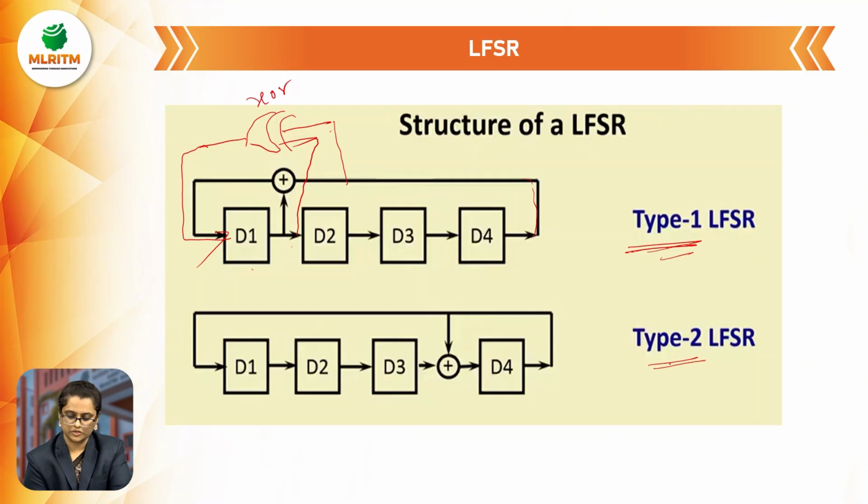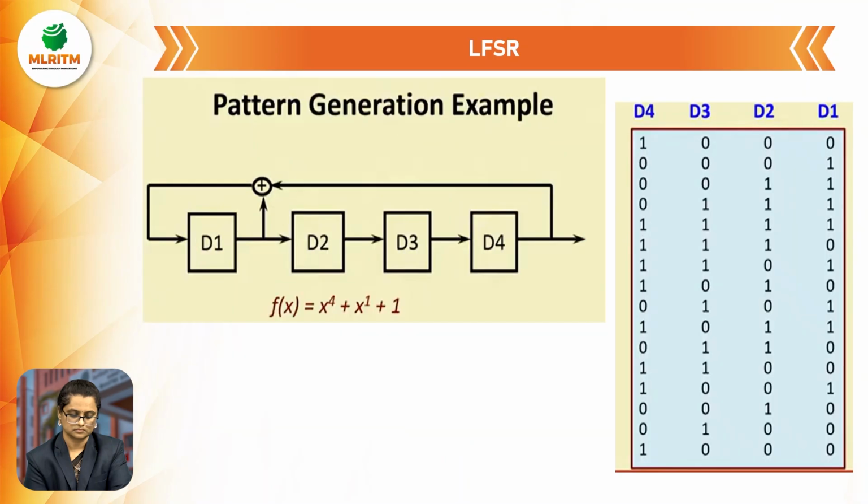And coming to type 2, instead of D3 and D4, we can place the XOR. Depending on this, we can get the output. Mostly we choose type 1 as the structure of the LFSR. I will explain with an example here. I'll take a 4-bit